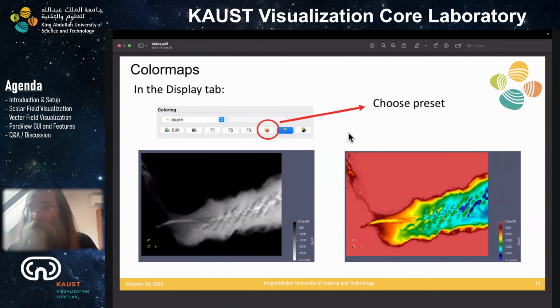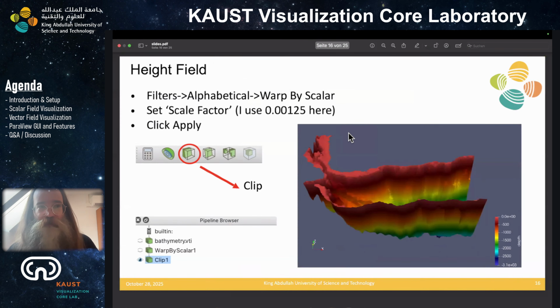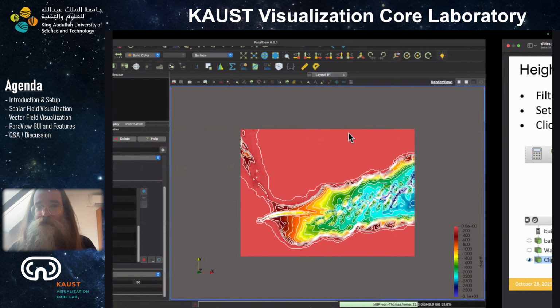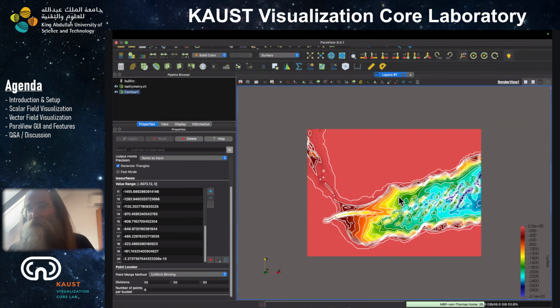All right, let me know if I should slow down a little. I would go on to actually creating the height field. We are not so much interested in this 2D image here. We want to use this as a context for the actual data we're given in the Red Sea. Okay, so I'll go ahead unless I hear something different. Because before I want to do that,